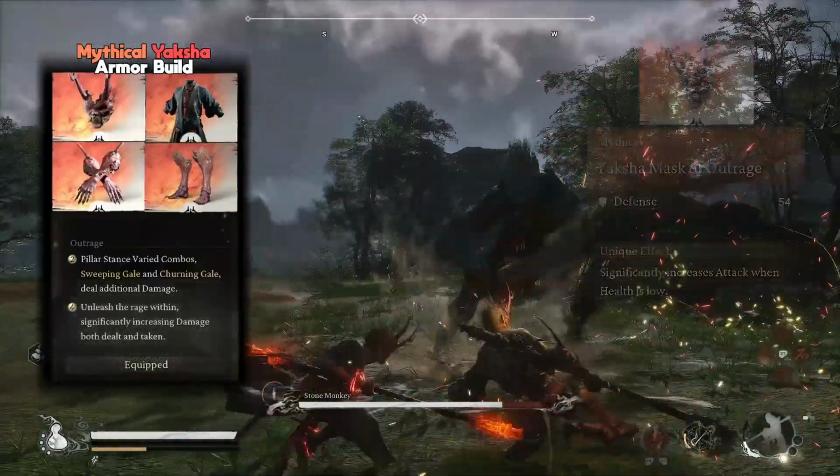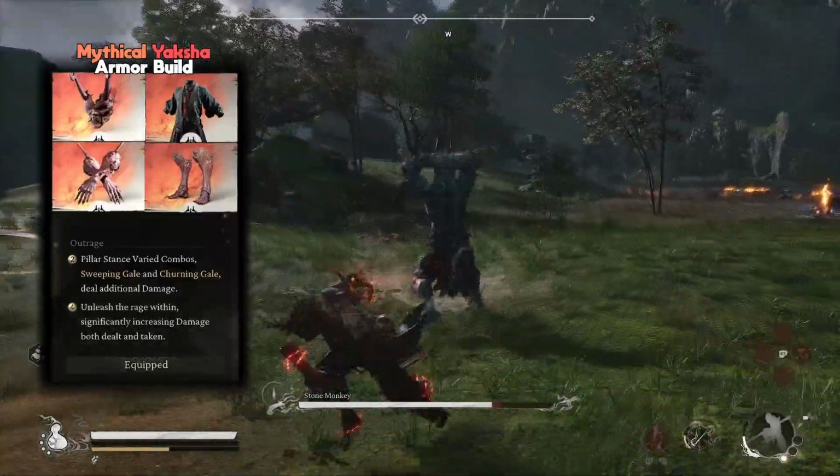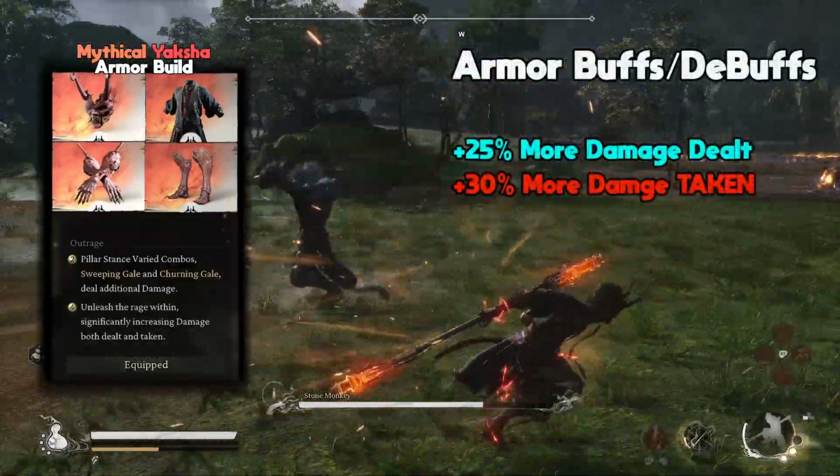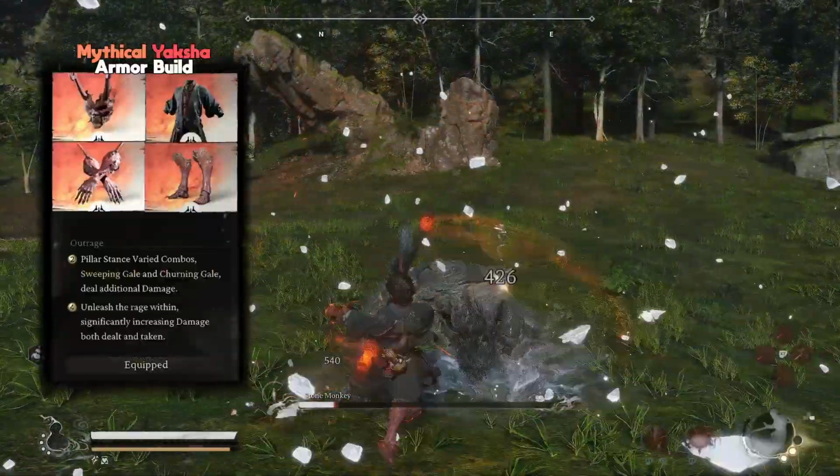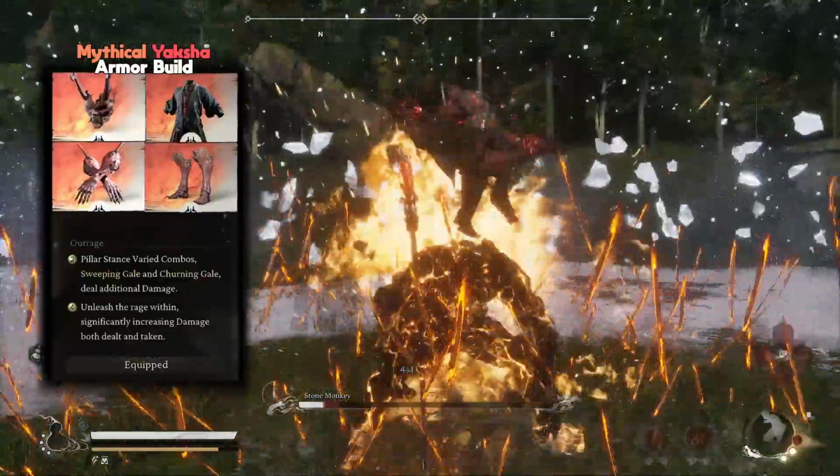This armor set is only for the truly mastered players of Black Myth Wukong. You can only take 1 or 2 hits with this armor, and for some bosses, you're kind of just asking to rage. While I'm not the biggest user of Pillar Stance, this armor set also increases the damage done with